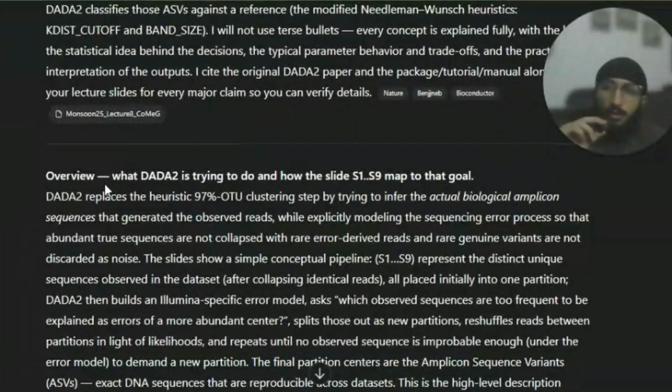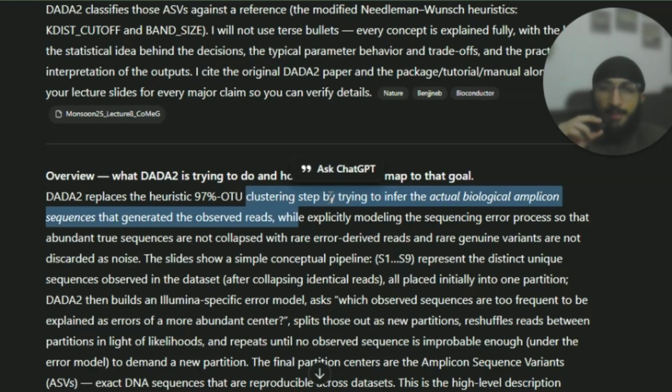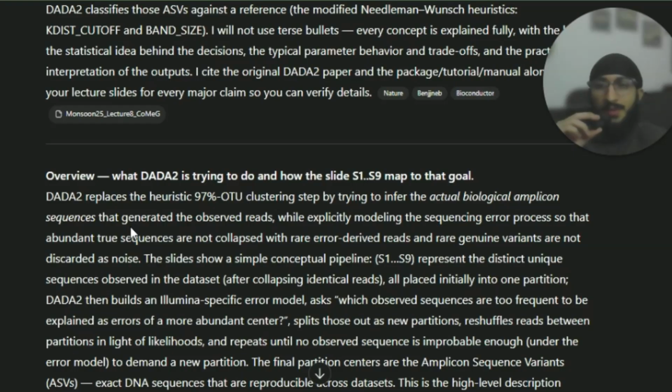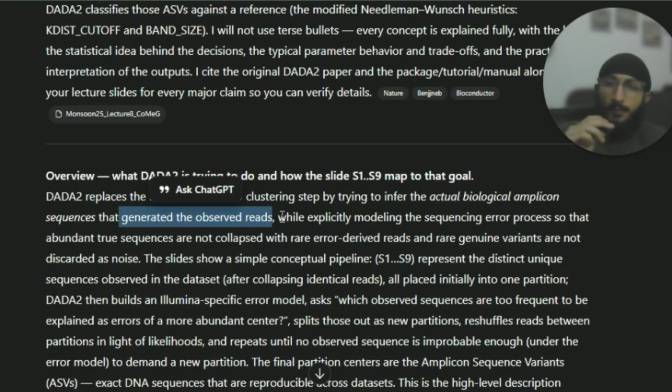Yeah, so now I'm moving on to what DADA2 is trying to do and how the slides map to that goal. DADA2 basically replaces the heuristic 97% OTU clustering step. A heuristic is basically an educated guess that we apply. DADA2 instead tries to infer the actual biological amplicon sequences that generated the observed reads, while explicitly